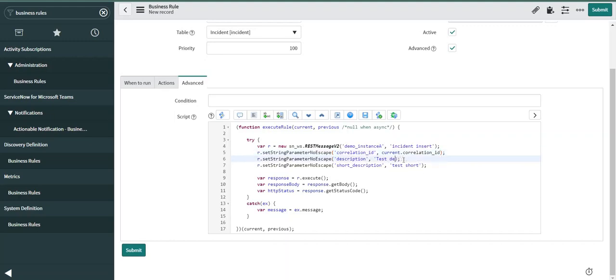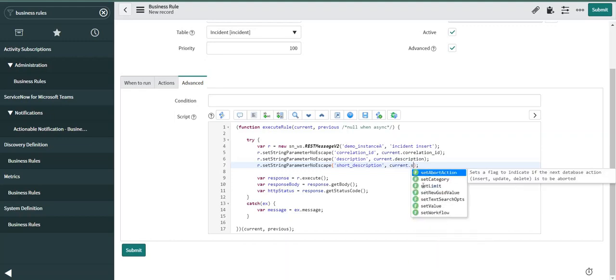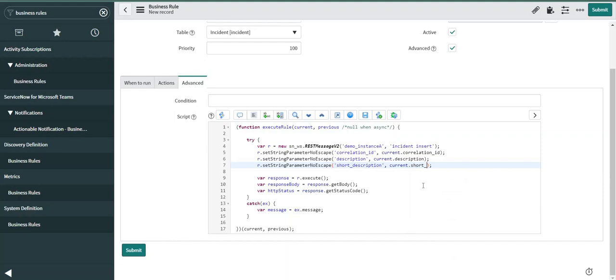And the description. Next is short description. So this part seems to be complete, and I can simply save this record,